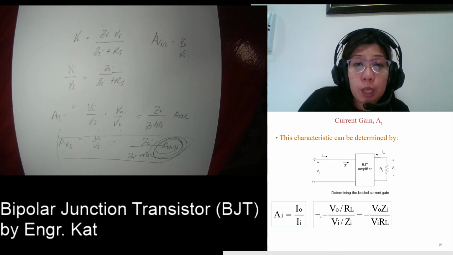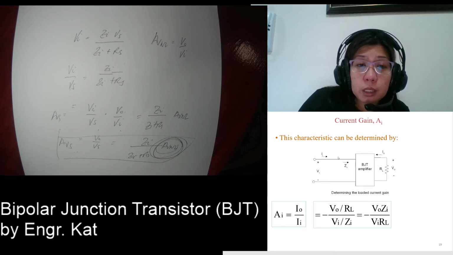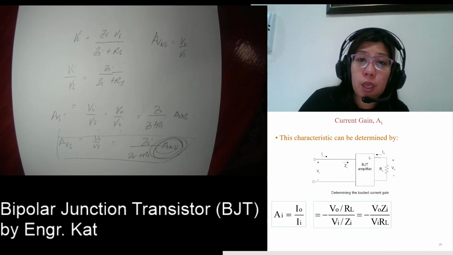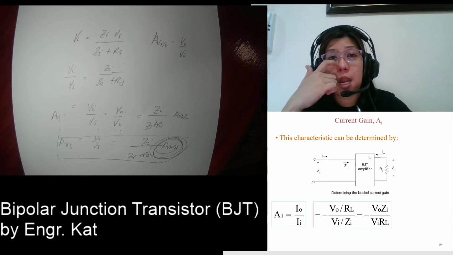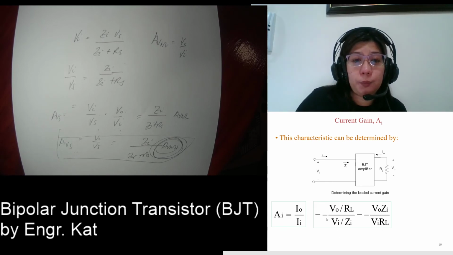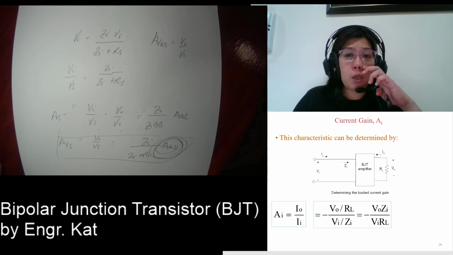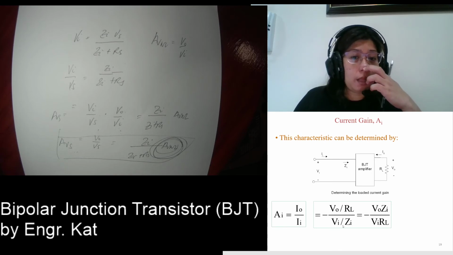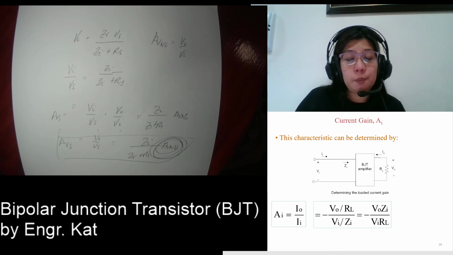But in the current, we have a negative sign because your input is going here and your output is going here, so they are opposing, they are not of the same direction. That's why we place a negative sign here. Okay, so what is IO? IO is VO divided by RL. What is I input? I input is VI